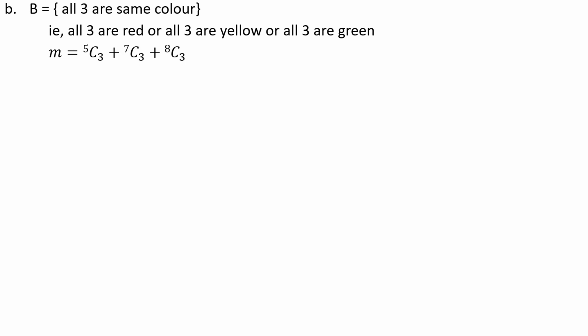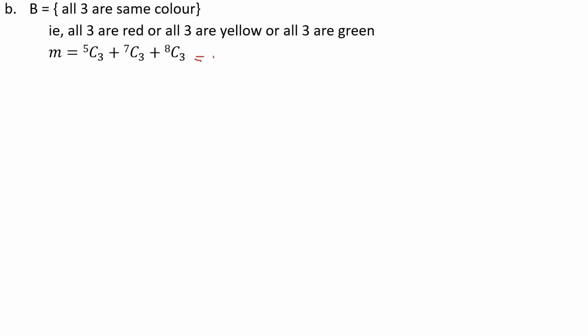Let B denote all 3 are of same color. So this will be possible either all 3 are red, or all 3 are yellow, or all 3 are green color. Now there are 5 red color. We have to choose 3 out of 5, so that is 5C3 ways. We have to choose 3 out of 7, 7C3 ways. 3 green color out of 8 color. So this will be equal to